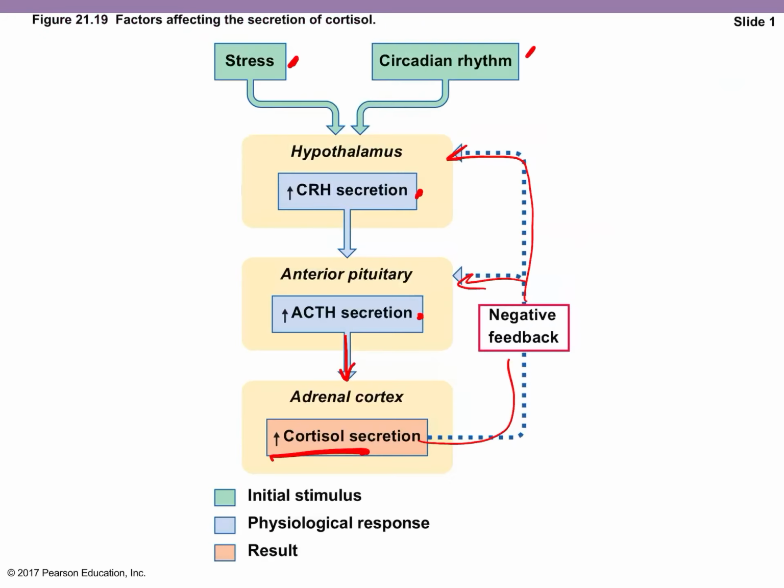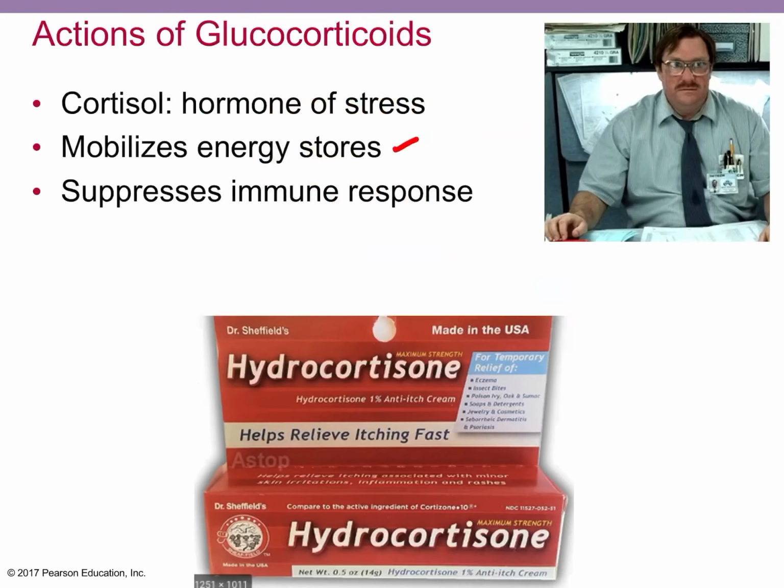And on a normal circadian rhythm, right? So if you're waking up from a fast, right? You've slept all night. You're going to start to liberate your glycogen stores. You sort of break those down, get some glucose into your bloodstream, get ready to start the day. However, in long, high, elevated levels of cortisol,